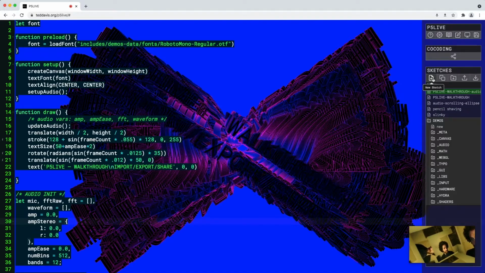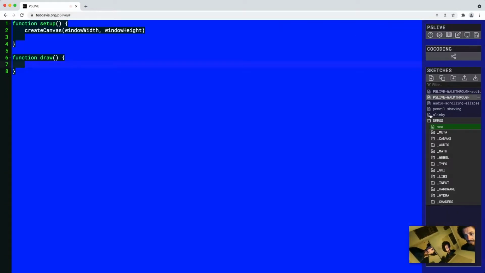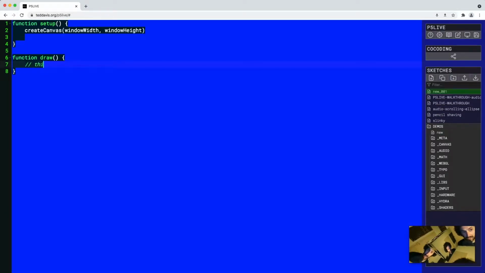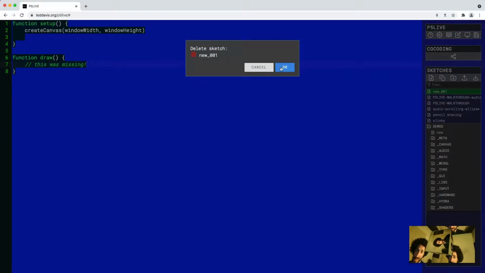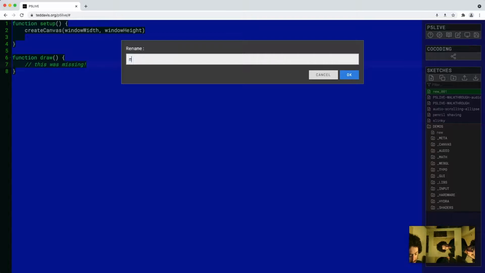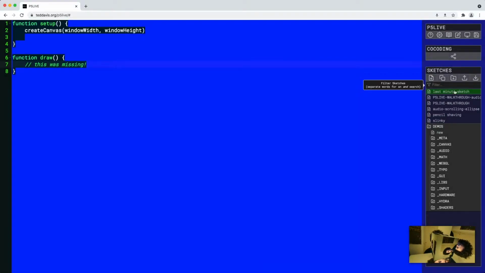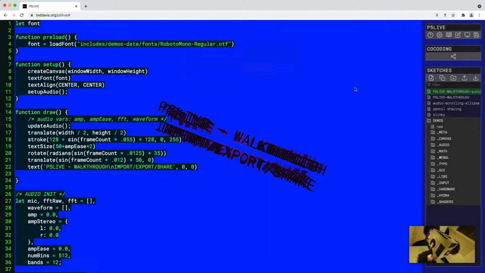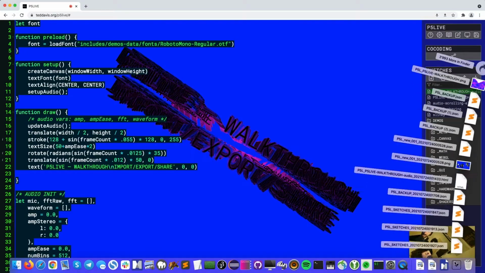So maybe I just quickly demonstrate that. If I somehow fell out of sync, I'll make a new sketch and say, this was missing, and I'll export all my sketches. I'll trash that file. Oh, before I do it, let's give it a unique name. Let's call it last minute sketch. Export everything, and then trash this sketch